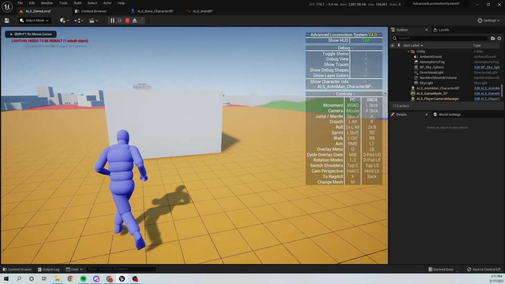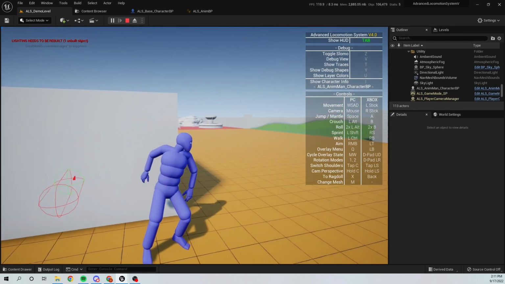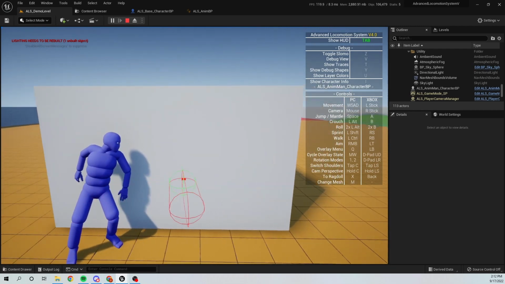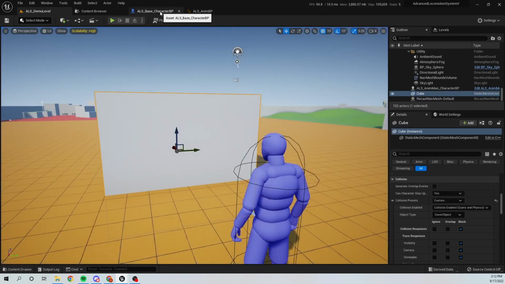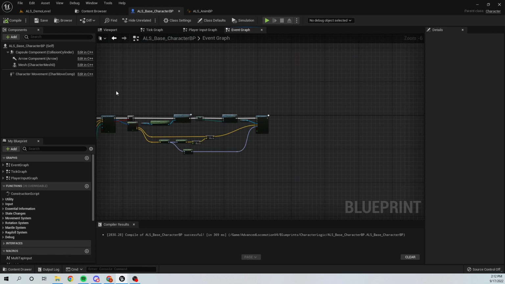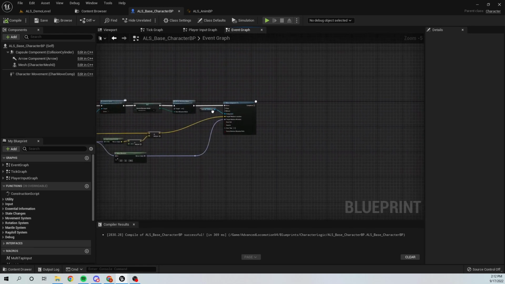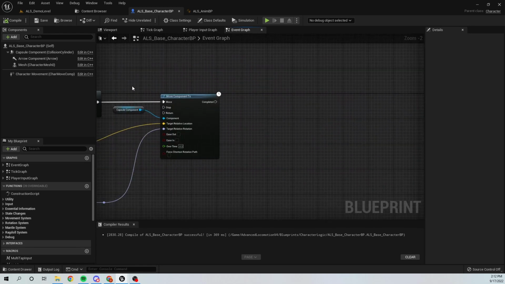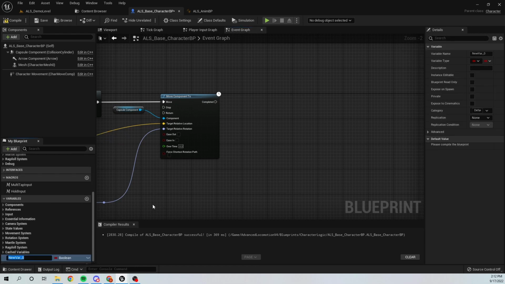So now our cover idle to cover is properly fine. Now we need to set up the move right and move left functionality. So now I'm gonna open character blueprint again, and first of all I'm gonna go to over here where I perform stand to cover functionality. After move component 2, I'm gonna create a new variable and set this to cover, and set the cover variable